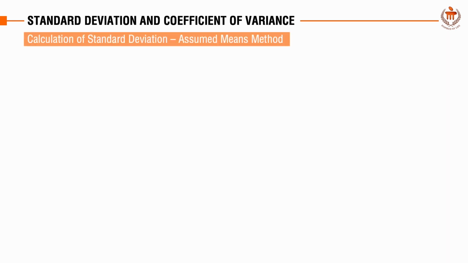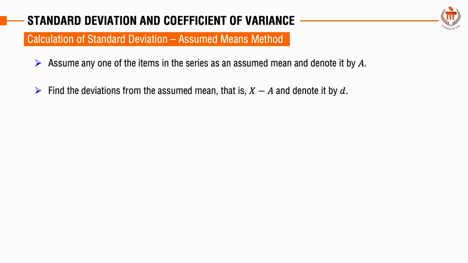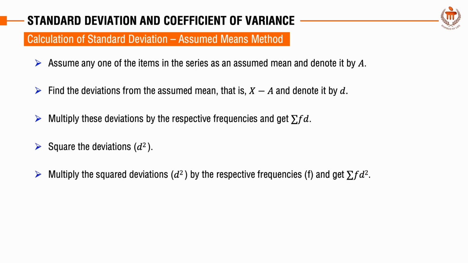used in practice. Now, when we are working on the assumed mean method, out of any values given in the X or Y, we just take one value and call that value an assumed mean, and then we find the deviation of each value from the assumed mean that we denote by D, and that D value we multiply with the respective frequencies, and we take the sum of FD. Okay, and then whatever D value we got, we square those values, and then we multiply those values with the respective frequency to get FD square, and then we take the sum of that